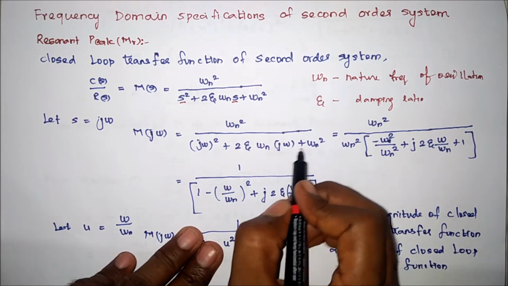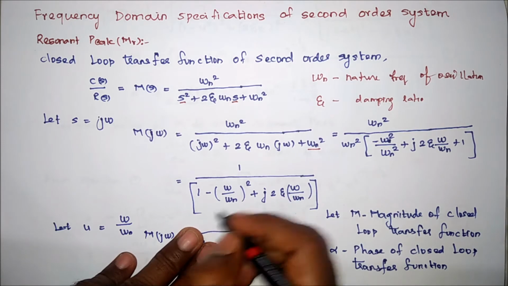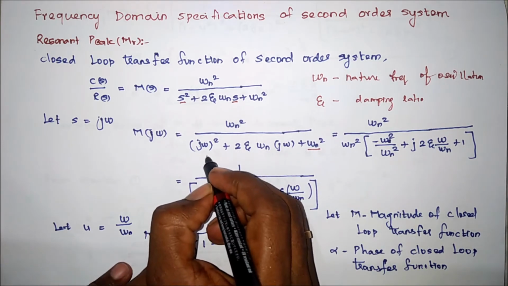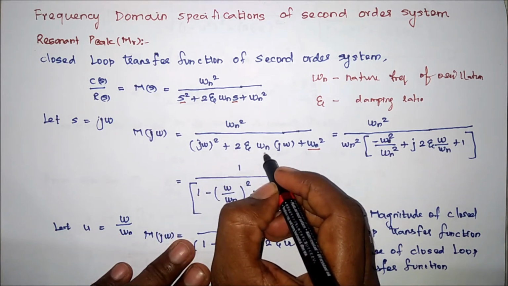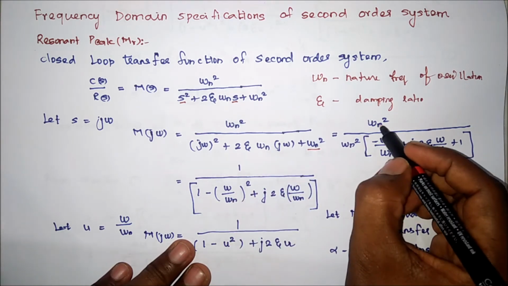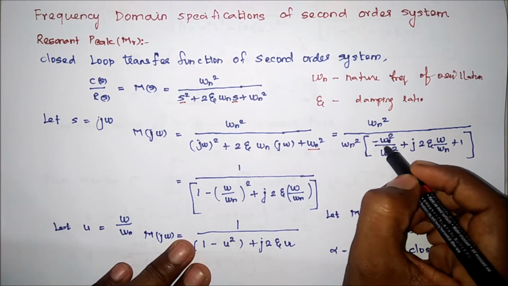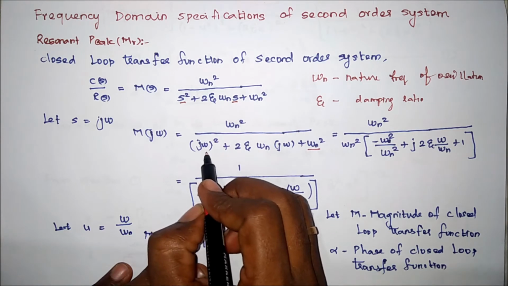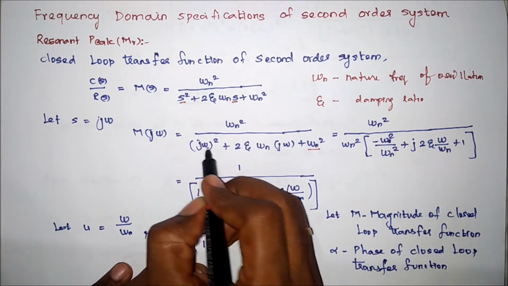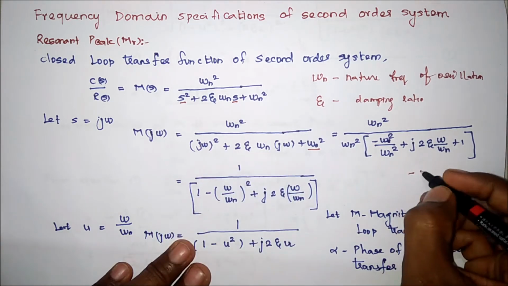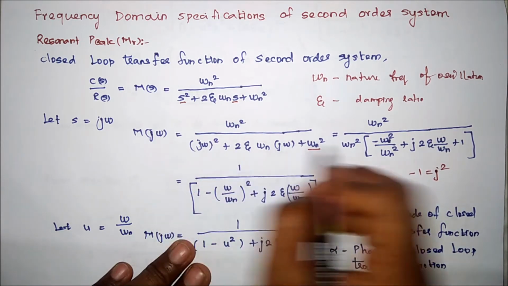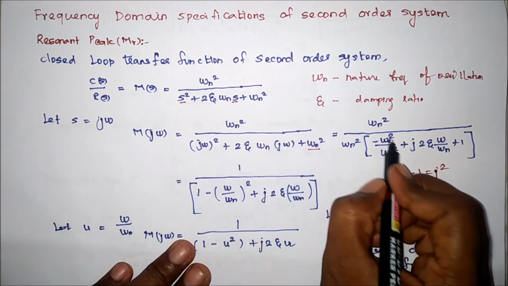after substituting, we can take omega n square outside. So in this term we have to divide by omega n if we take it outside. Here we have to divide by omega n only, since omega n is already available. Therefore we will get omega n square divided by omega n square into, here omega n is not available, therefore this will become minus, this will become j square into omega square. We know minus 1 equal to j square. So here j square will become minus 1, and omega will become omega square.